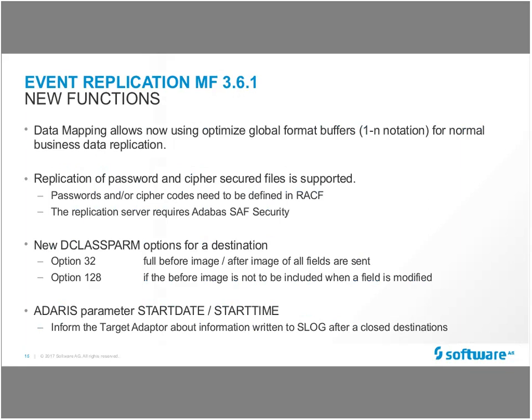You may remember that when you do an initial state, it may take quite a long time depending on the number of MUs and PEs you use. There we introduced the 1-N notation, to make it faster so that we don't have to process all occurrences, but just the ones that have values. And this is now available for normal replication of business data. So there you also benefit from a performance increase.